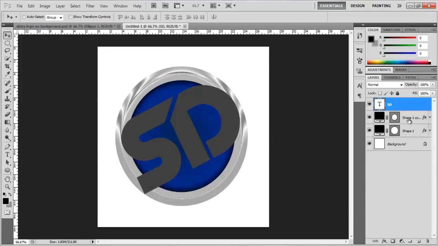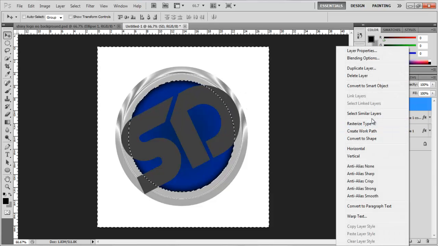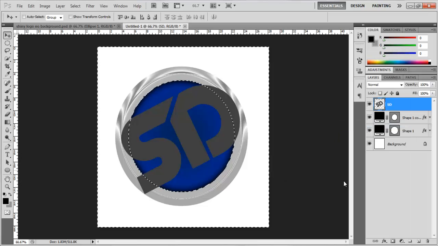So to do that, we're going to Control or Command click on the second shape's logo, if you will, just a circle, and now this has everything inside this blue circle selected, but we want the opposite of that. We want everything outside of it selected. So once you've Control clicked on shape 1 copy, you want to go Control Shift I, and now everything outside of it is selected. Everything outside this blue circle, so the bevel and emboss, the bits of the S and the bits of the D is selected. Then what you want to do is just right click on your text layer and Rasterize Type,